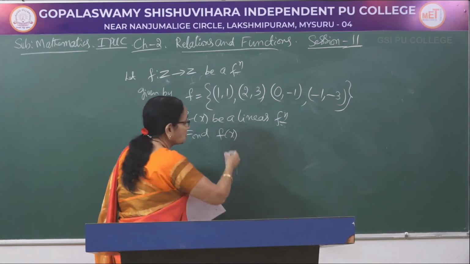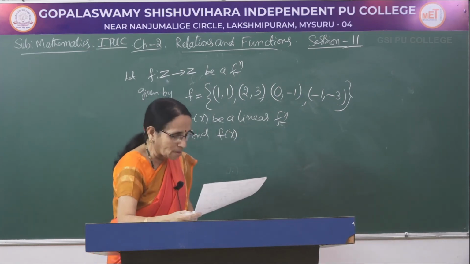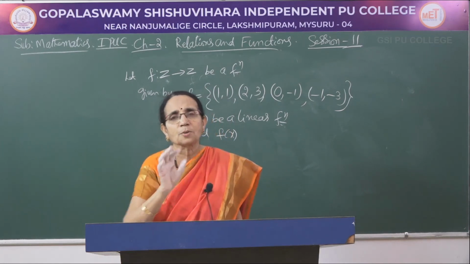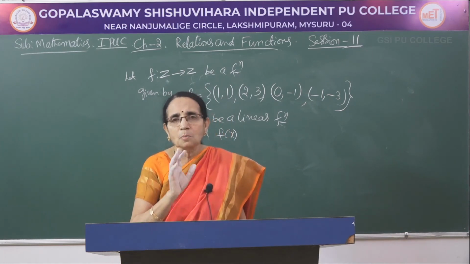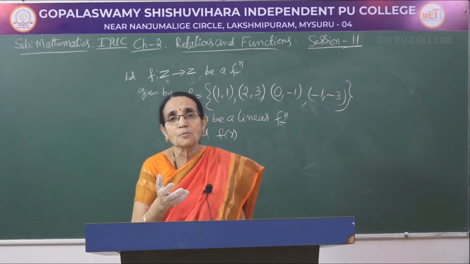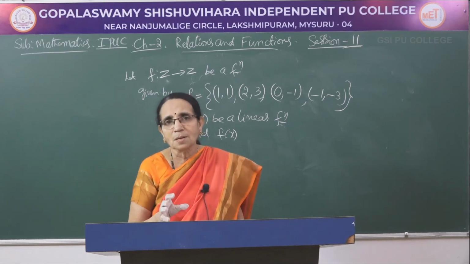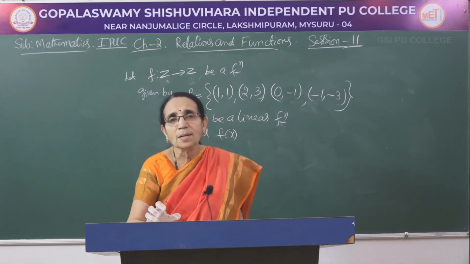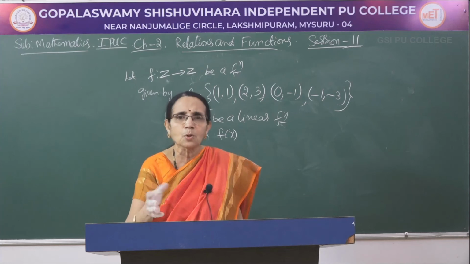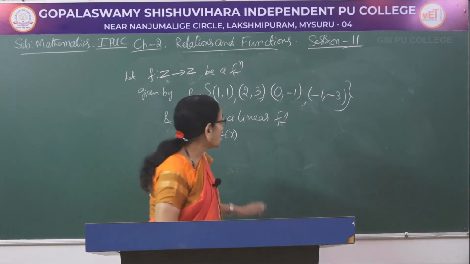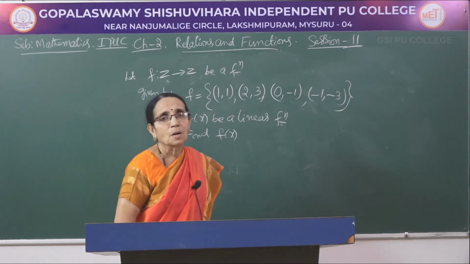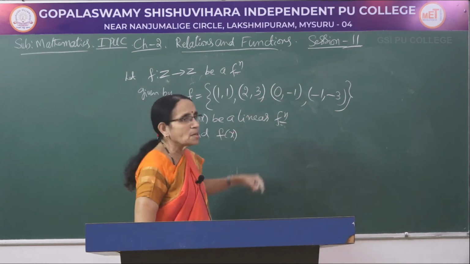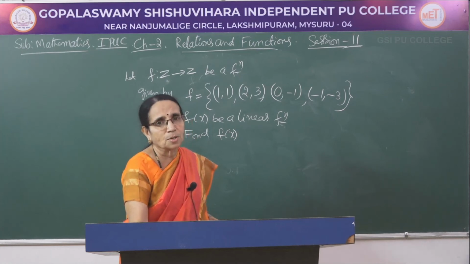f of x. The problem is like this. In all the earlier problems I had given you f of x equal to 2x minus 3, x squared plus 2, or modulus of x, or modulus of x minus 1, or root of 9 minus x squared. The function I myself had given you. You have to calculate the domain as well as the range, or any one of them. Here, that function itself you have to find out, looking at the other part of the data. And one more condition is given, it is a linear function.